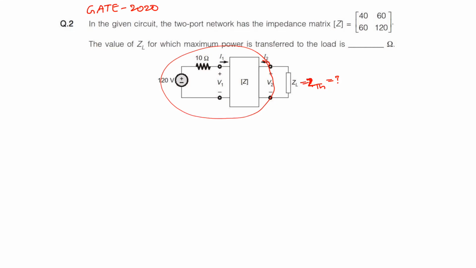Now we can apply the same. The terminals of interest are port 2. So these are the terminals of interest, and assume that we are going to apply some voltage V2, because voltage V2 is the port voltage, and due to this voltage we are going to get current I2. Next, on this side, no other voltages should be present in the circuit, so this 120 volts is going to be nullified. So voltage sources are short circuited and current sources are open circuited. So this is 10 ohms, the current flowing through this one is I1, and this is V1.